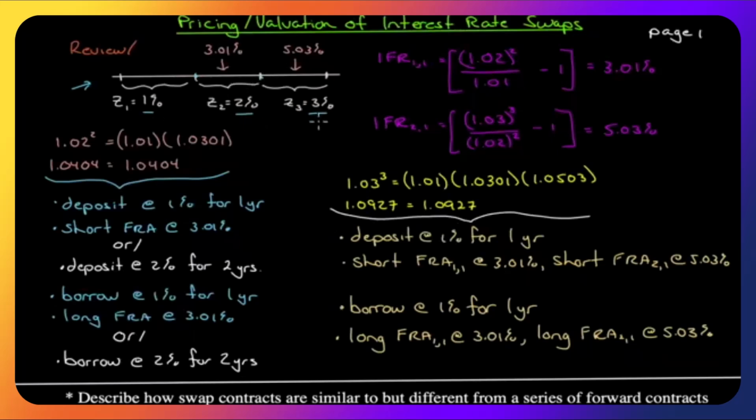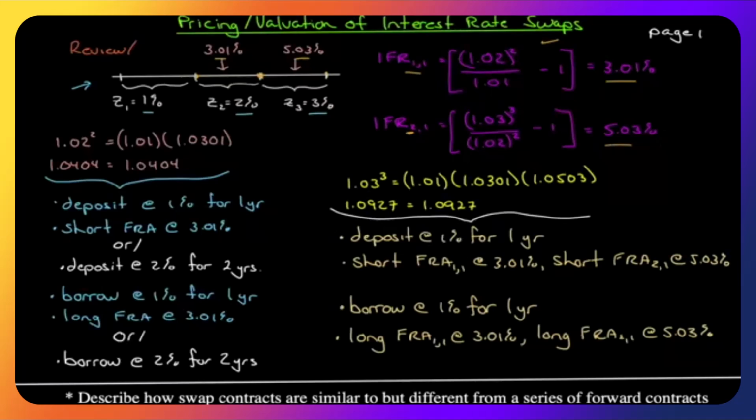If we have these three spot rates, we can calculate what the implied forward rate is between these two periods of time and these two periods of time. The implied forward rate for the 1 year period, 1 year out, is 3.01%. We've seen this. And the implied forward rate for 1 period, 2 periods out, is